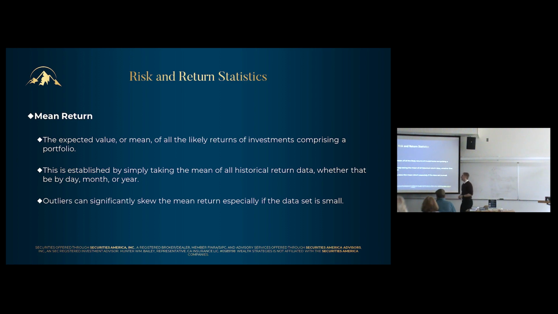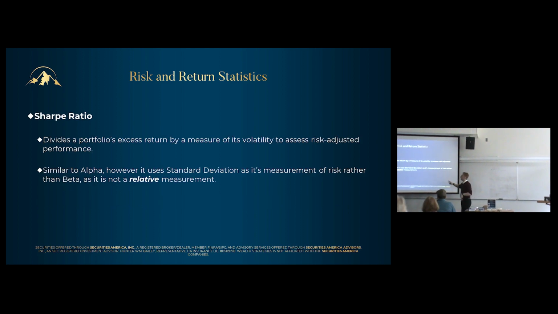So an example of that could be something like Tesla. If you were to look at the overall volatility of Tesla, the overall mean return, it might be a certain number. But if you were to shorten your view span and look at only those few years where all it did was basically go up for a few years straight, you might really significantly skew your mean return and have a different idea of what you think is going to happen in the future. So lots of data is really crucial to most of these measurement points because it gives you a better idea